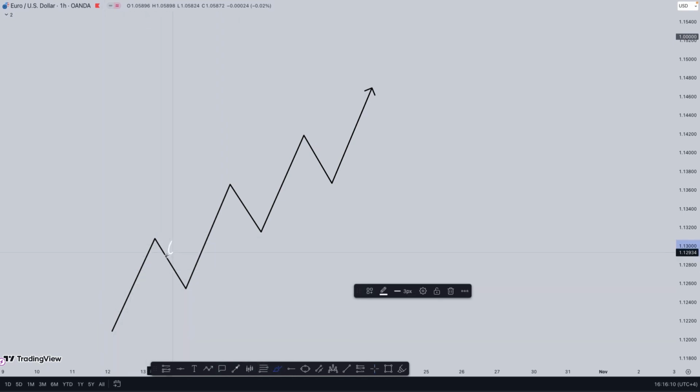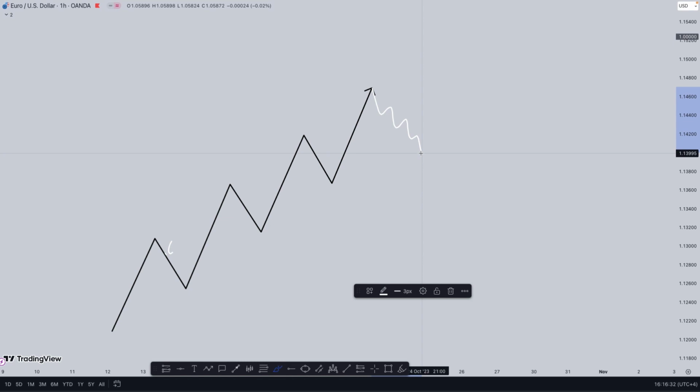This is a pullback phase. This is the run. Price will pull back, push to the upside, a pullback like that. Right, so with this, we have price just going to the upside. So for this to continue to the upside, we'll have a possible pullback and also a continuation. Right, so if this price is pulling back right here like that, this is a pullback phase, we could have